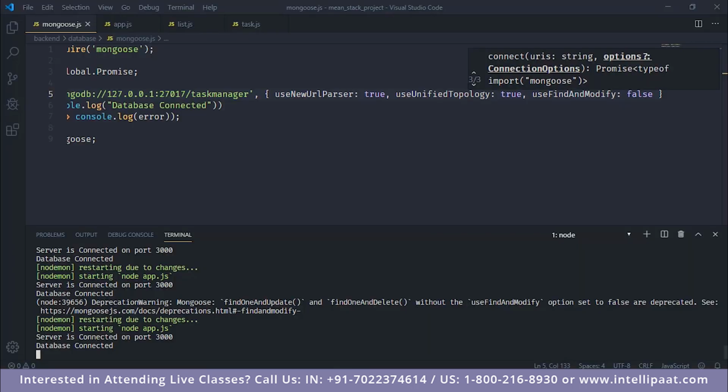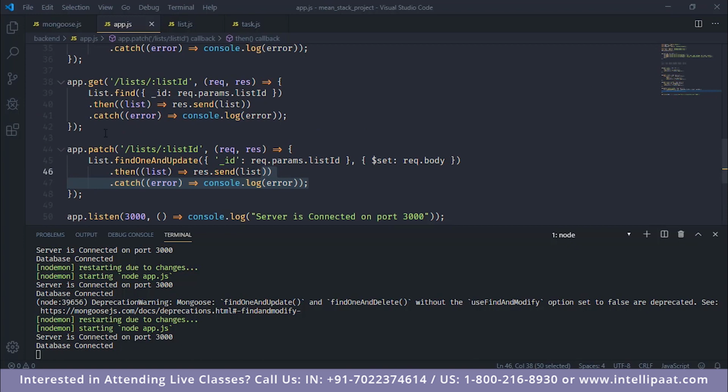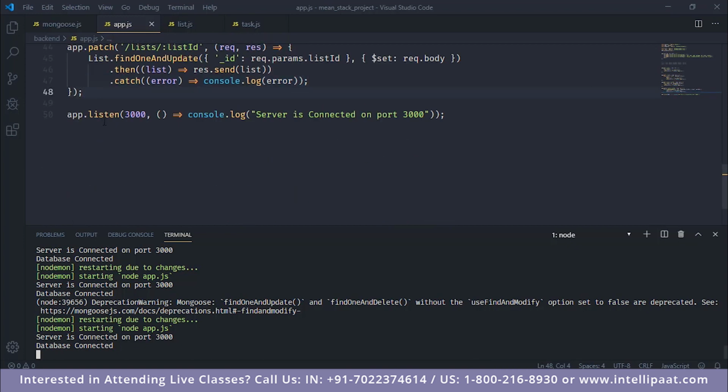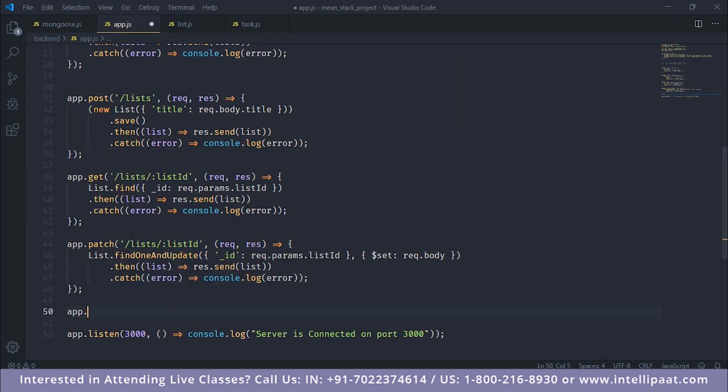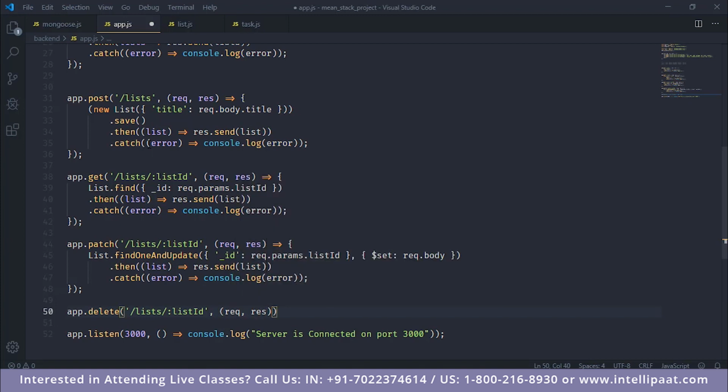Now finally, what we need to do is create the routes for deleting a list, and to do that, all you need to do is whatever we've done so far. We go app.delete, it would be a delete request, that will come to /lists/:listId. We pass in a callback with request, response,